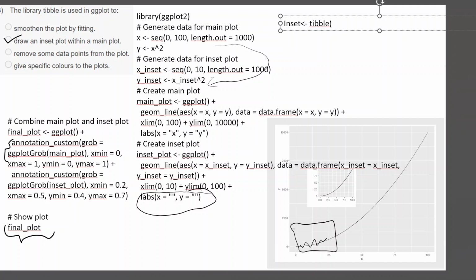Specify the x and y values. Here what you said x is from